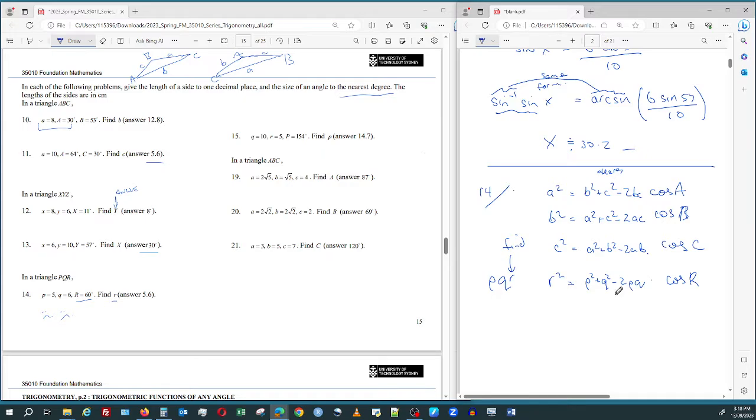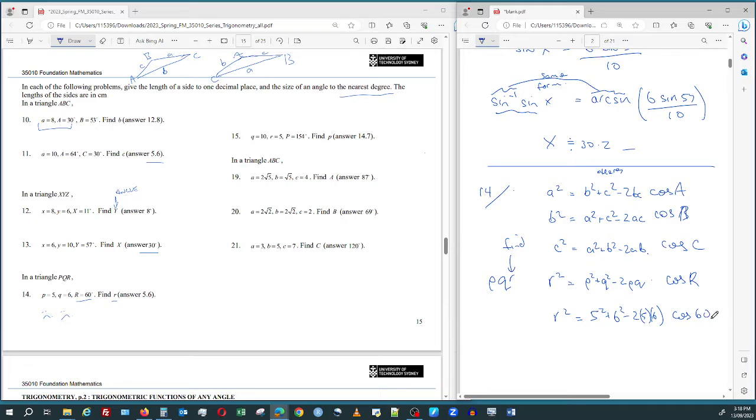So that's going to be our version. R squared will be equal to 5 squared plus 6 squared minus 2 times 5, 6, cos